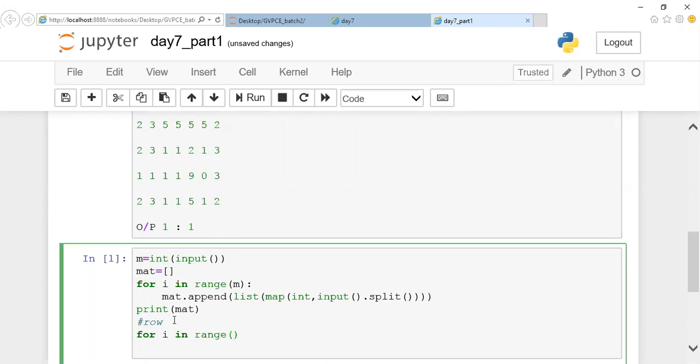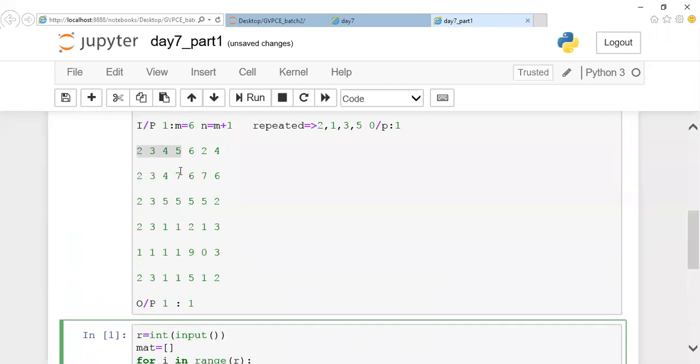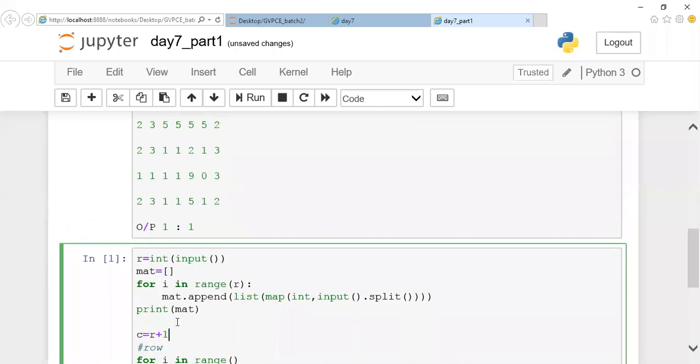So for easy convenience, instead of m and n, let it be m, and if I mention r, you can make it as row. Here, just a minute, I'll modify here also, guys. r is for row, and c is for column. And c will always be one greater than your row. That is nothing but row plus one is your column, where n is always one greater than m. So I mention m, row plus 1.